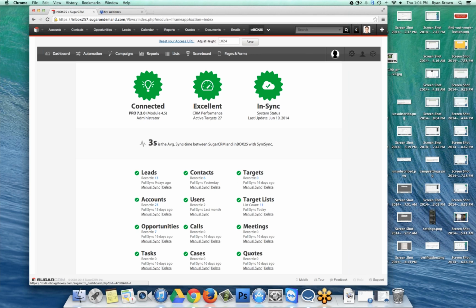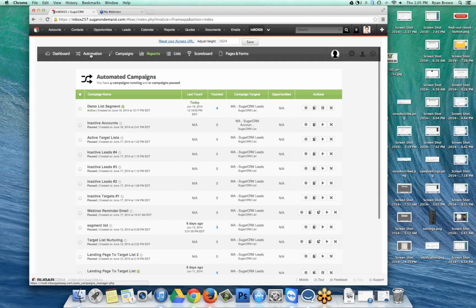So one of the things you guys might be asking is, okay, so we have target lists that are synced over. What can we actually do with target lists now, specifically, within Inbox? Can we send directly to them? Can we use them as conditions? And the answer to that is a resounding yes. So I'm going to go over here and click on my little automation tab and bring up our